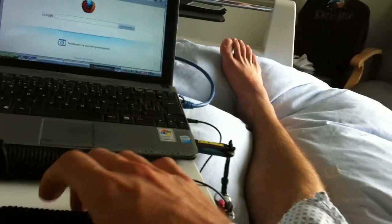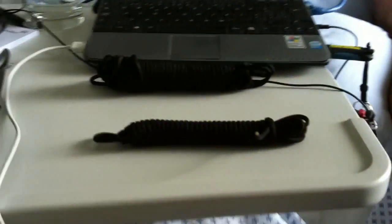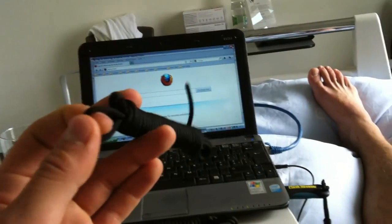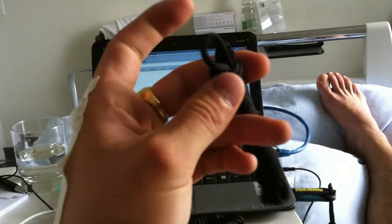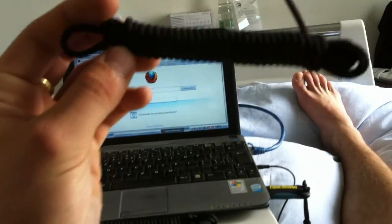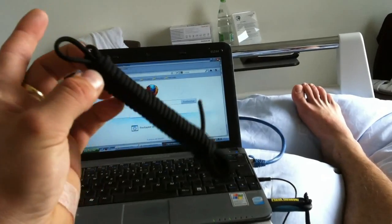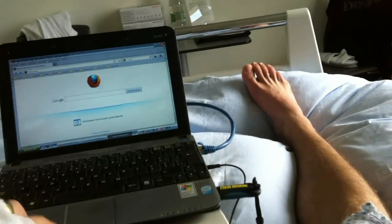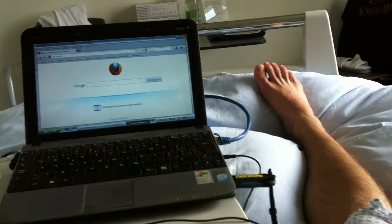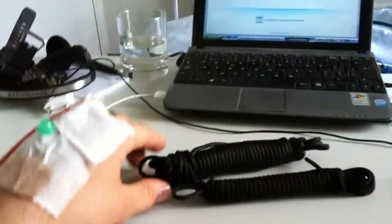I've seen several reviews about that, and the best explanation you can find on the web is on the ITS Tactical channel. They explain that very well. This is a technique I will use only for more tactical stuff, but usually when I transport paracord, my way, the way I do,